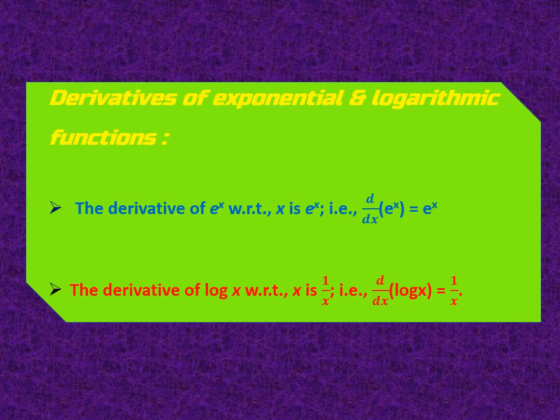But suppose we have e power 3x. Clear? Then we first differentiate e, so it will become e power 3x. But for 3x we have to differentiate, and the differentiation of 3x is what? 3 only. Clear? Okay, next one is the derivative of log x with respect to x. That is d upon dx of log x equals what? 1 upon x. So suppose we have log of tan x. Clear? So in place of x you have tan x. So first for log it will become 1 upon tan x. Then we have to differentiate tan x also. Remember the chain rule, we have to follow that. Clear? So pause and note down these two properties.